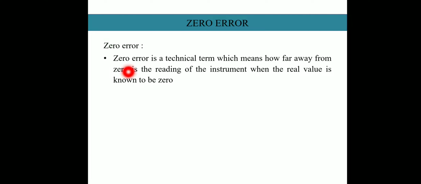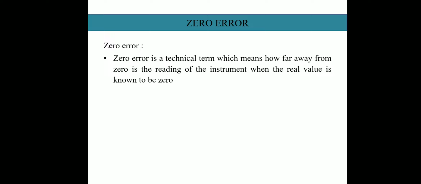Zero error is a very technical term, which means how far away from the zero is the reading of an instrument when the real value is known to be zero. That means we know that there is a zero on a scale, but many lab instruments obtain values by comparing two or maybe three scales together. Two different scales are compared, and then this